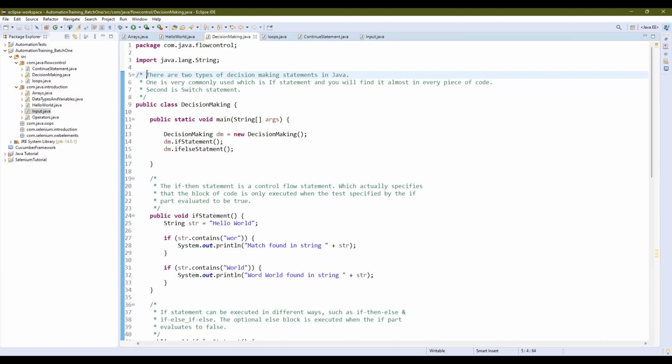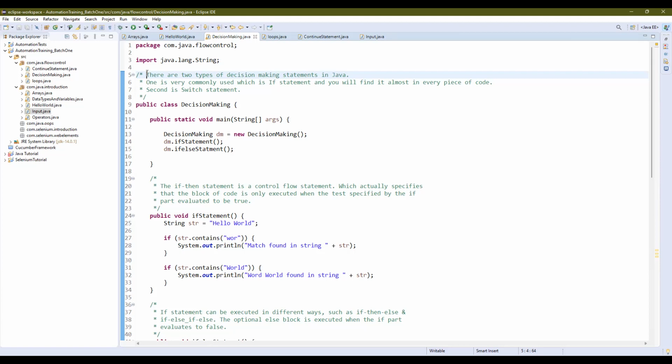So this is also a kind of decision or condition: if expected result is equal to actual result, then mark the test as pass, else mark the test as fail. You will face the same situation in automation as well, where based on some conditions you have to mark a particular test script as pass or fail.